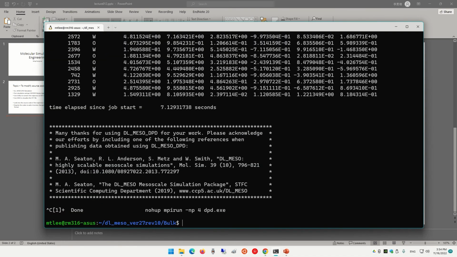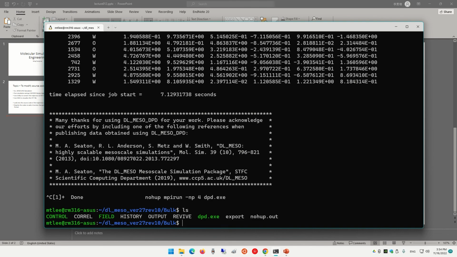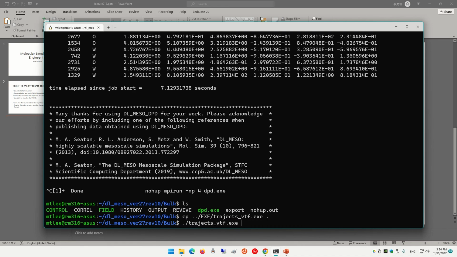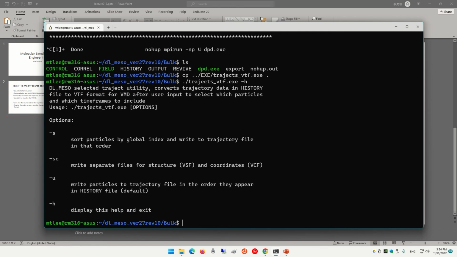It's so fast. All right, so we have this history file generated here, and we are going to convert it using a tool called traject_s. So traject_s, and you can type -h to see the help.